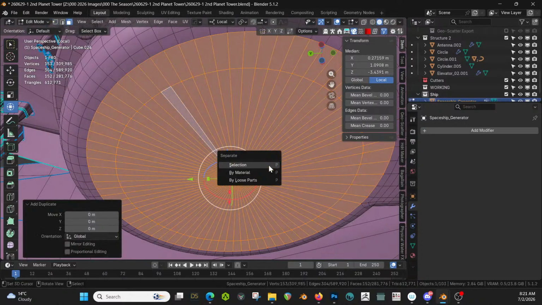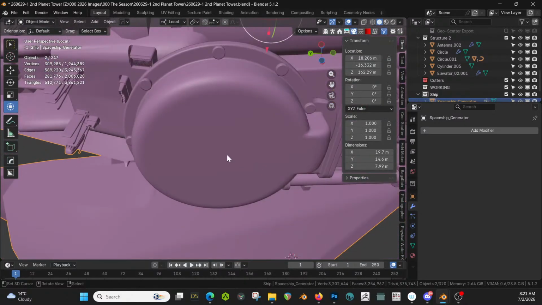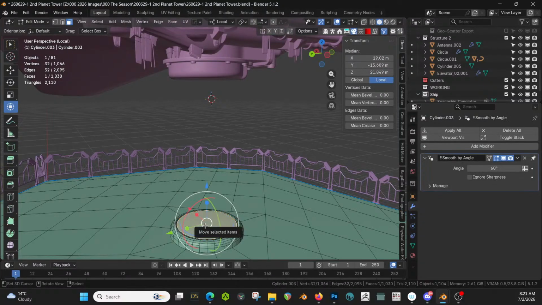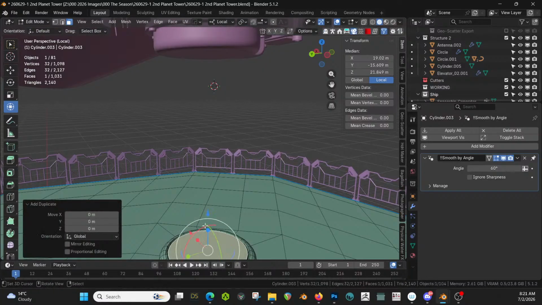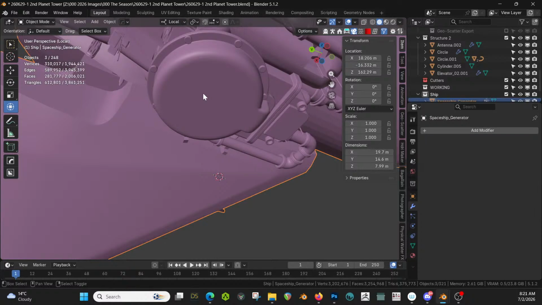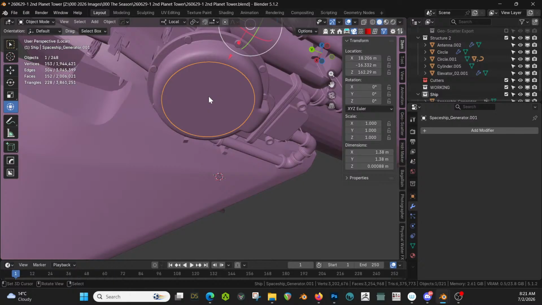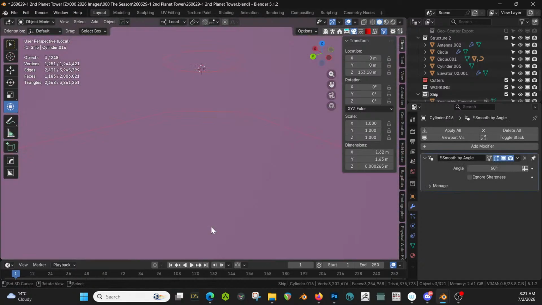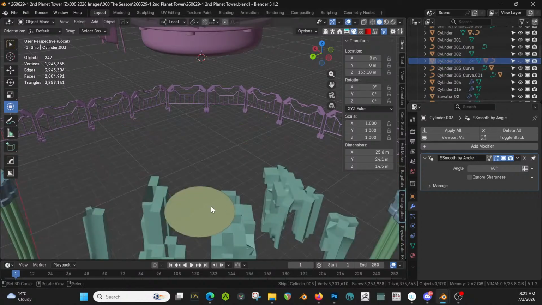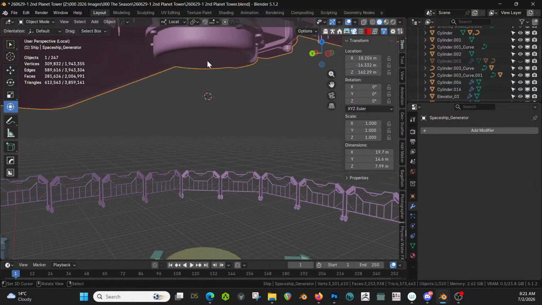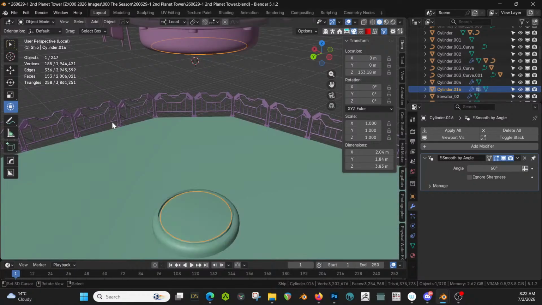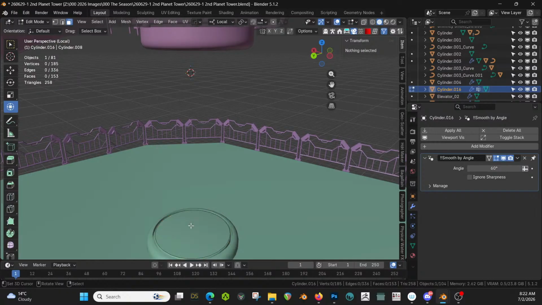Shift D, P section. Okay, so now I have that thing, right? Good. Here, Shift D, P section. Okay, so I can grab that and I want this thing, just that, yes. And just come here. Hide this sucker. Cool. And that, and join, and unhide my platform. Okay, then tab A,